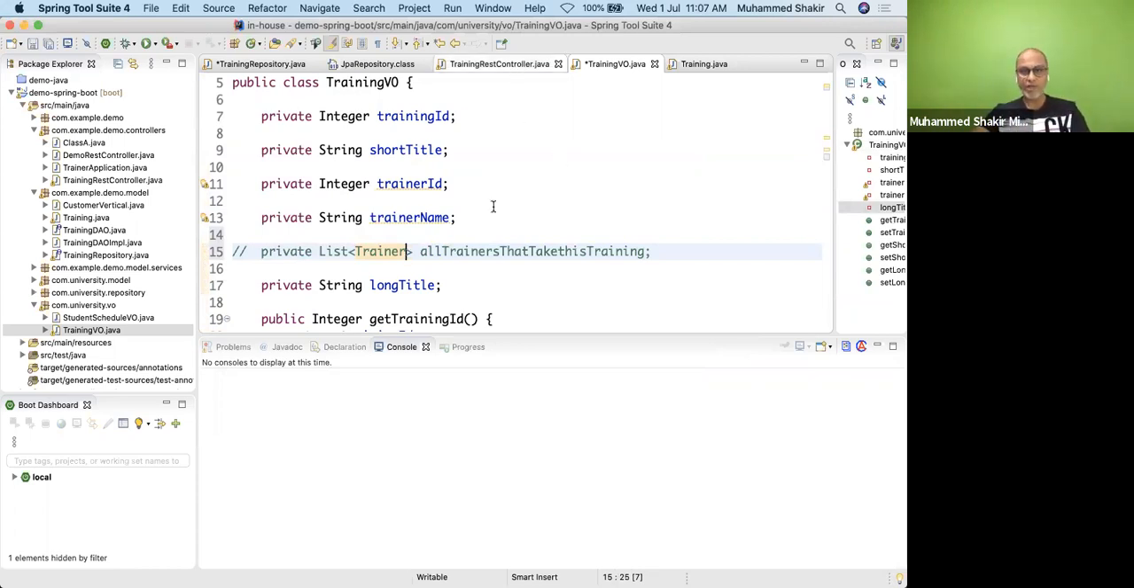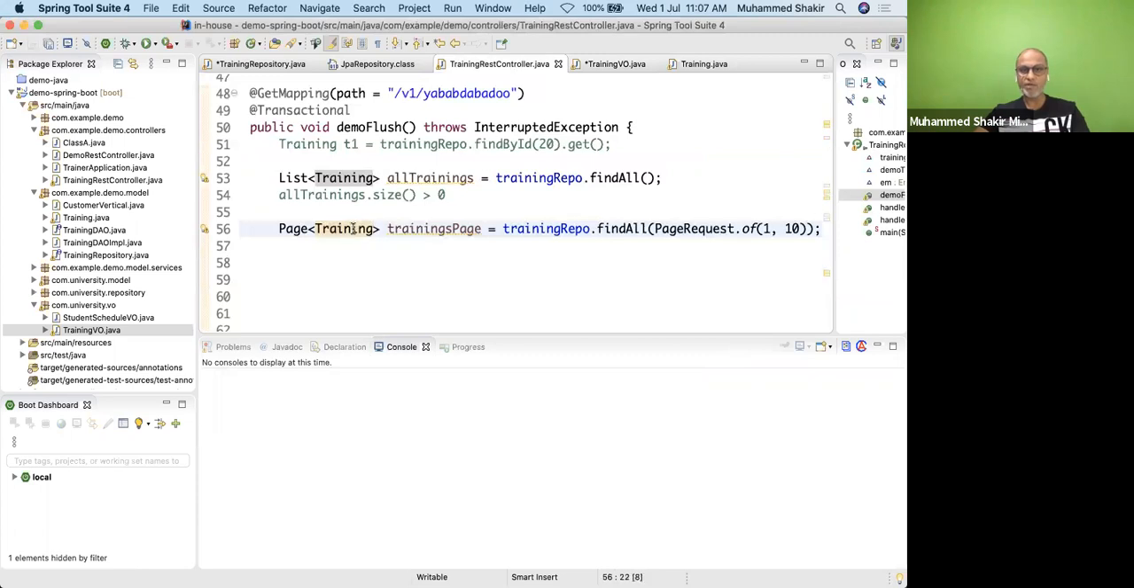So in such a case, you may want to convert this training. What is supposed to be sent back is what? Training VO, not the training. How do I do that? See this. I'll say page of training VO. Okay, and I'll say training VO page is equal to, see how simple this is, I'll say trainings page dot